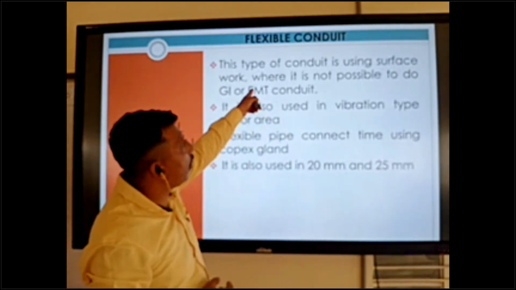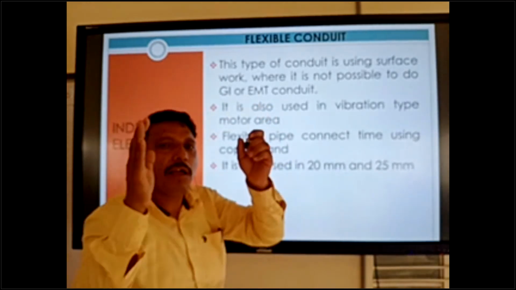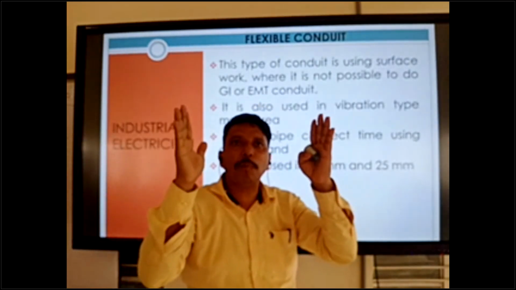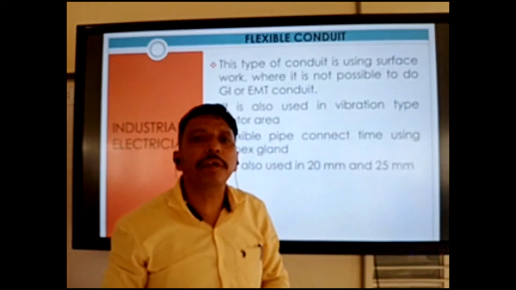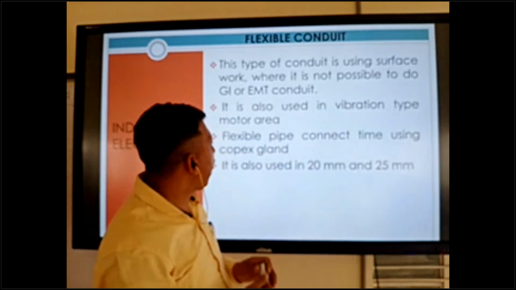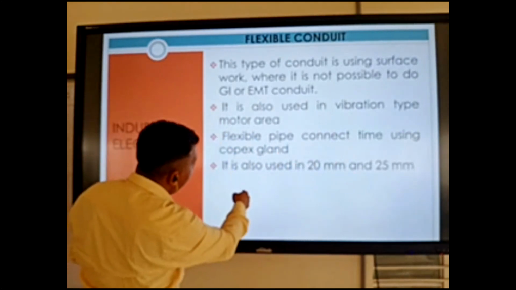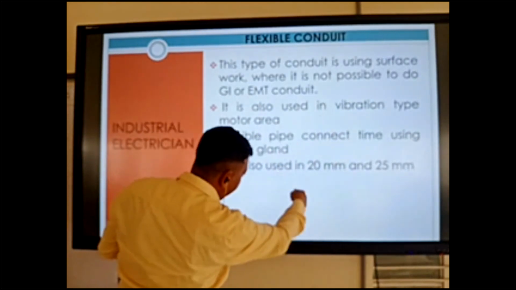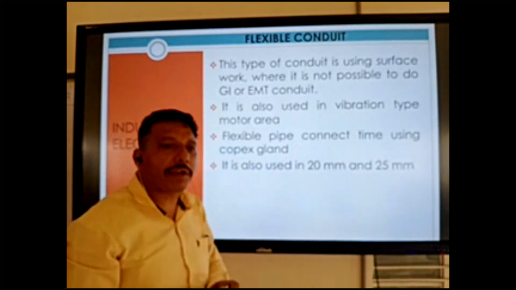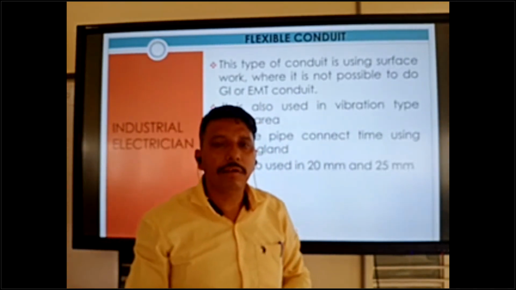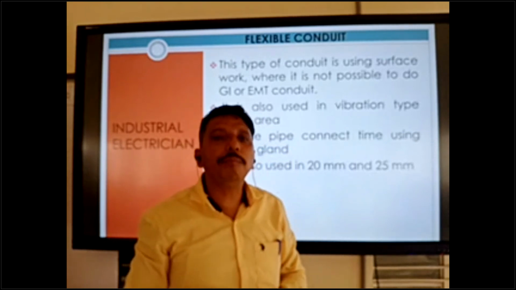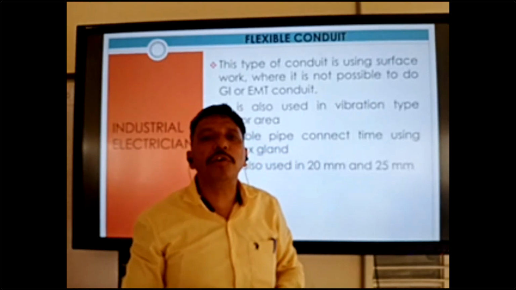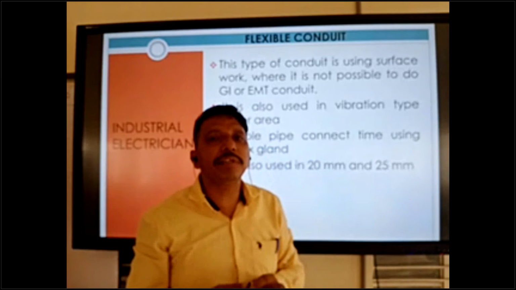So this type of conduit is used for small area purposes. Suppose some area is difficult to work in GI conduit, because you have to make one bend down, again up, again straight, again down. Some places come like that. So many bends come. So with GI conduit and EMT conduit, we cannot make the same design.